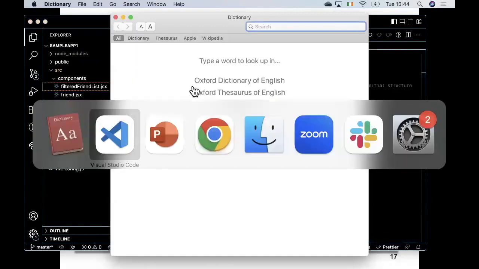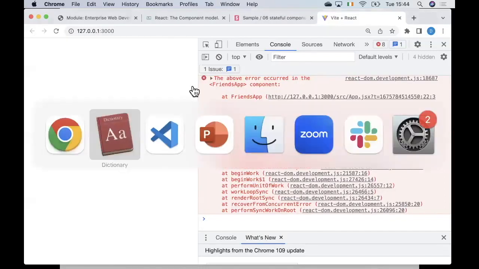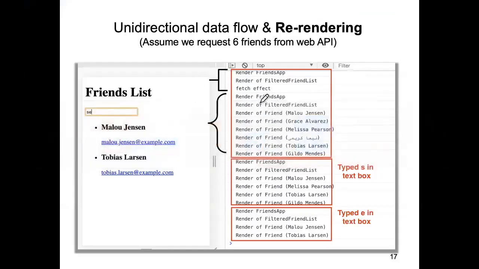And so now when I enabled all of those and I played with the app and opened up my developer tools, this is what I get. So take it from the top. We now know how to interpret the first part. This is the very first rendering of the top component. No data available yet, though. This is the use effect hook. Eventually, that comes back with data, which triggered